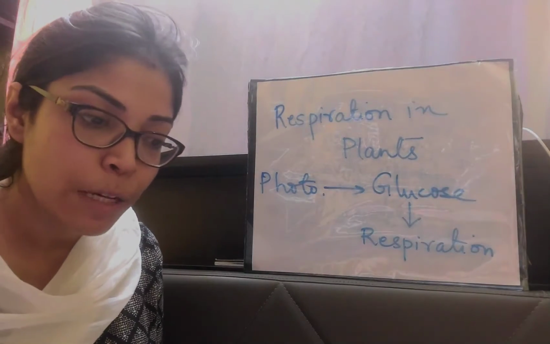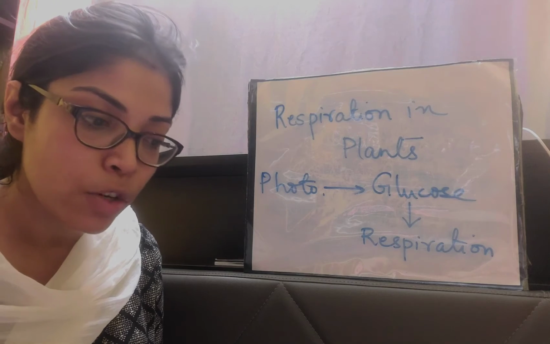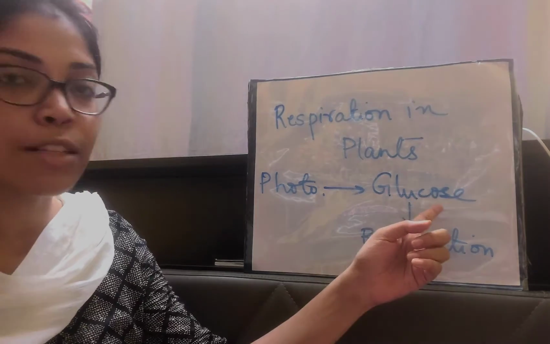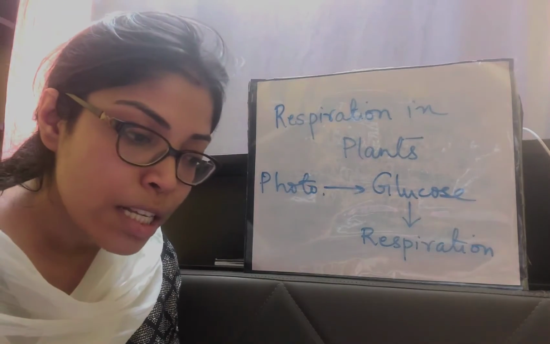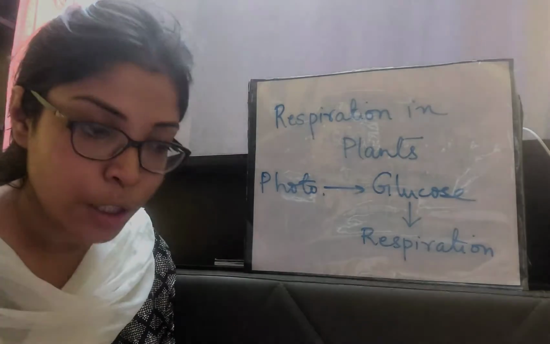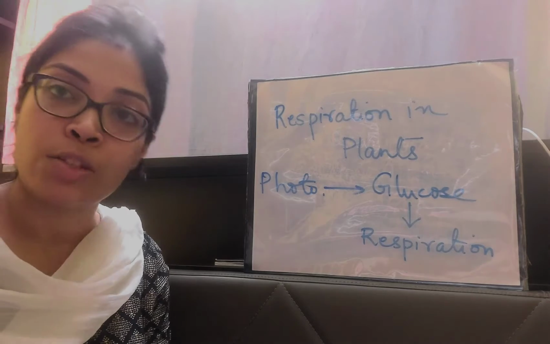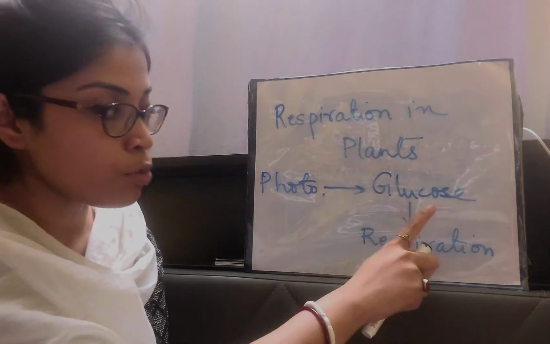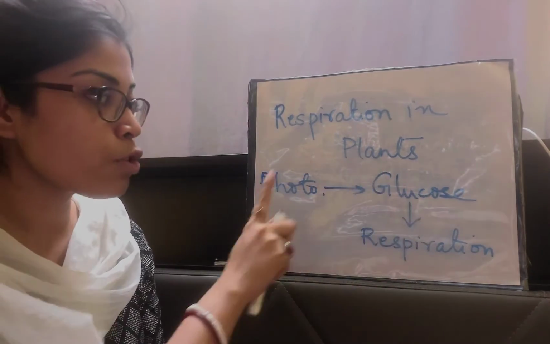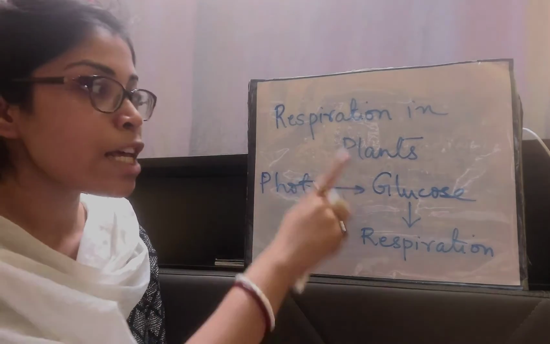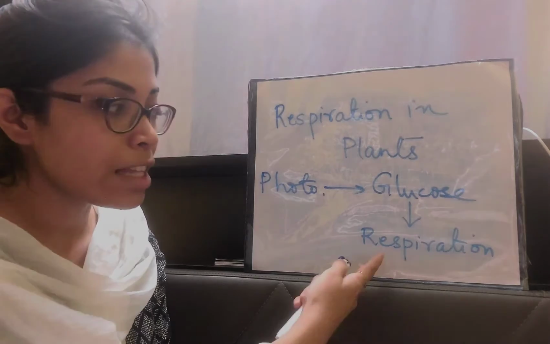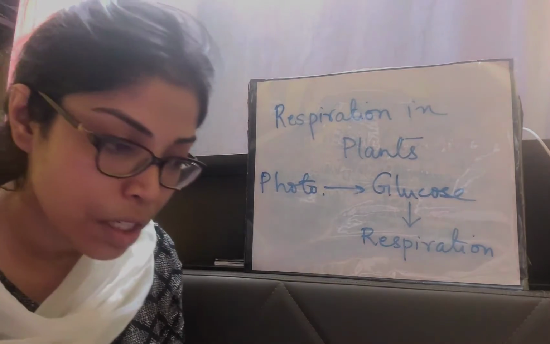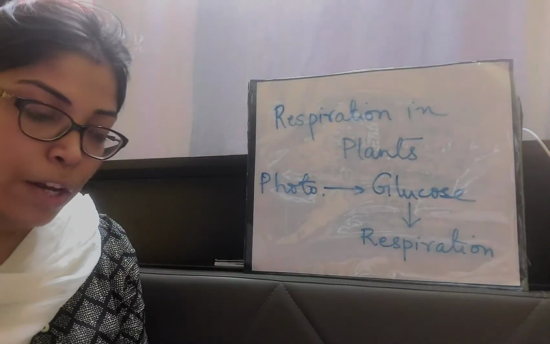The food manufactured by plants is in the form of complex organic molecules of carbohydrates. So this is the food that is produced by plants by photosynthesis. Okay, the process by which these glucose molecules are broken down to release energy is known as respiration. So the food in the form of glucose that is produced by the process of photosynthesis is broken down so that the plants can get energy, and this process is known as respiration. Clear? Moving on to the next paragraph.